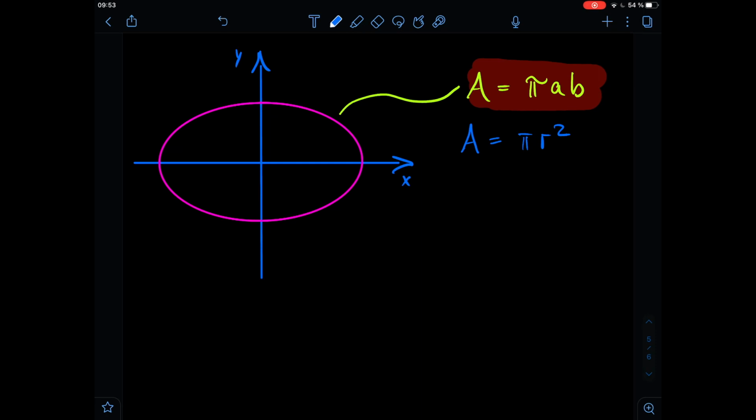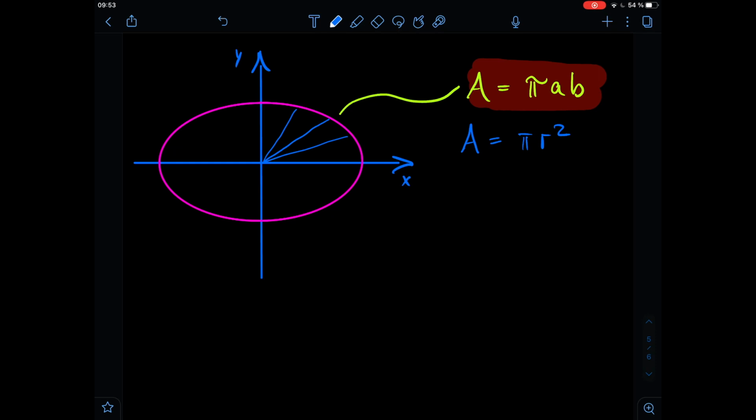Take a look at the ellipse here on the left side. A circle has a radius and the radius is constant, but an ellipse does not have a constant radius. So the radius would be the distance between the center and a point on the ellipse. But this distance is always different. So there is no constant distance that we could use for a formula like this or like this. So what we have to do is use some auxiliary elements of the ellipse,